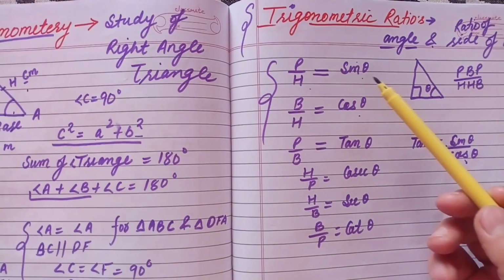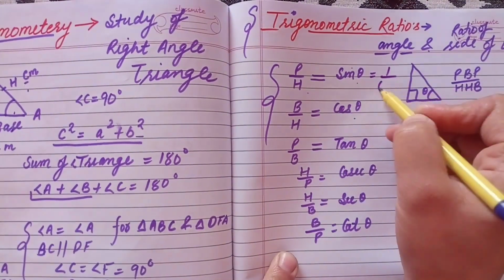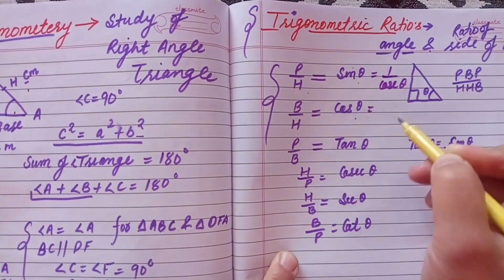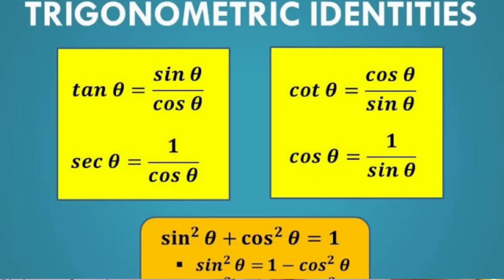You can also write sin theta is equal to 1 upon cosec of theta, and cos theta is equal to 1 upon secant of theta, and tangent theta is equal to 1 upon cotangent of theta, and tangent theta is also equal to sin theta upon cos theta. Similarly, you have many other identities, that sin square theta plus cos square theta is equal to